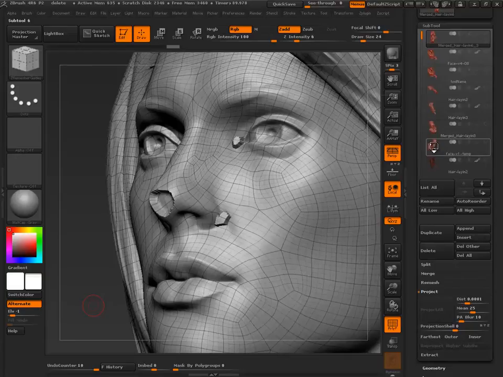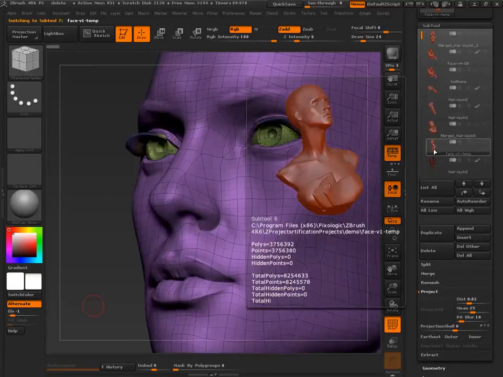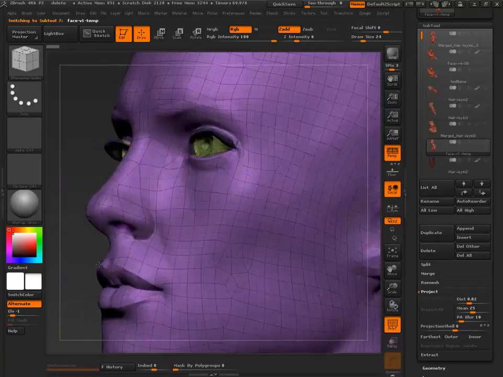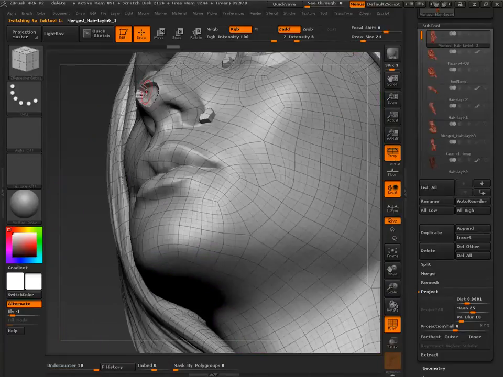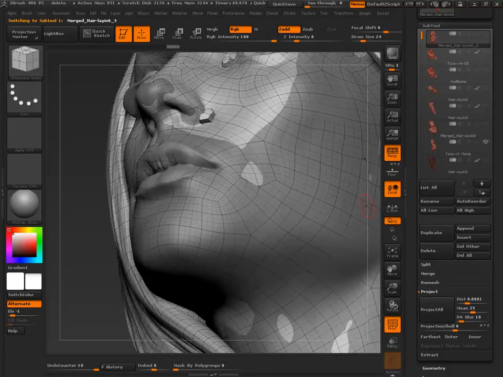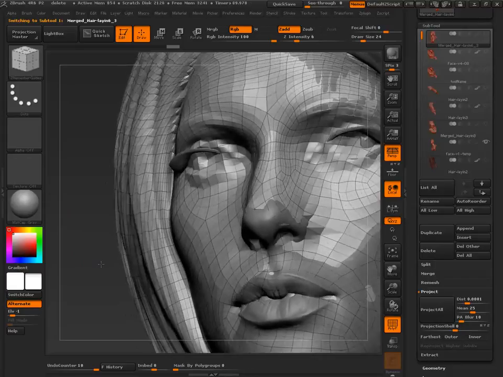Well, we've still got the model. I don't think I changed the nose, although I did change the eye. So we can make the other model, the other subtool, active.